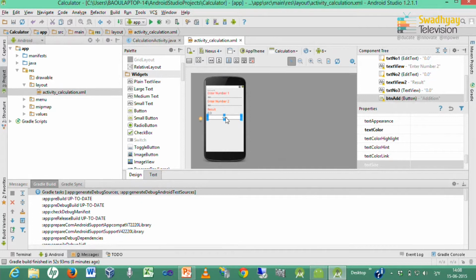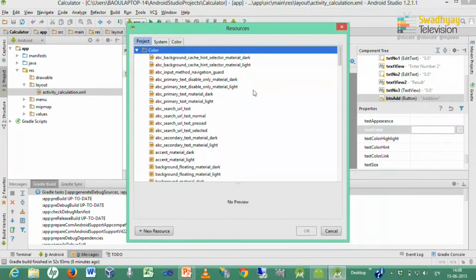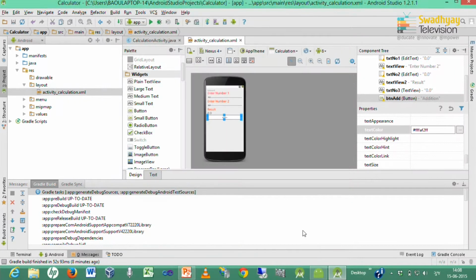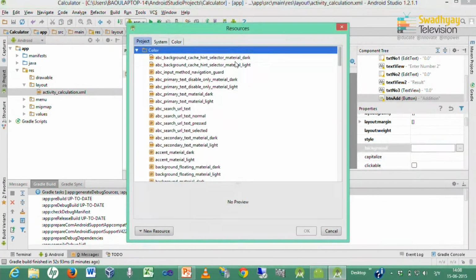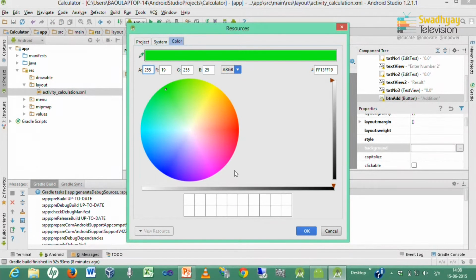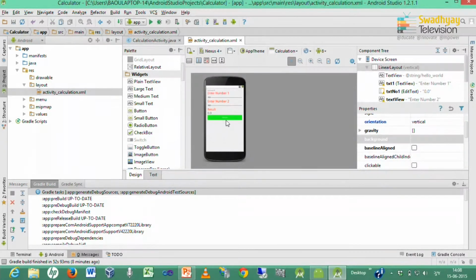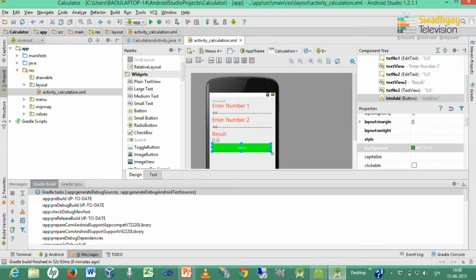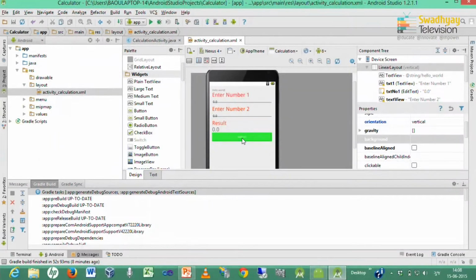Likewise, you can change its text color or background. So here you can select the text color, and likewise you can also change the background. So here you can see one button with the caption addition.